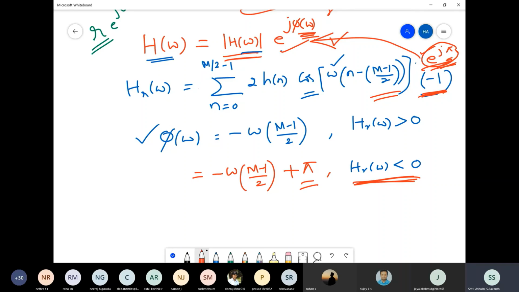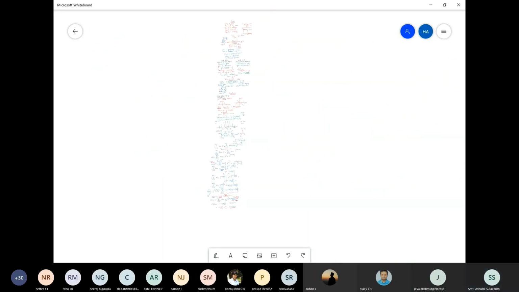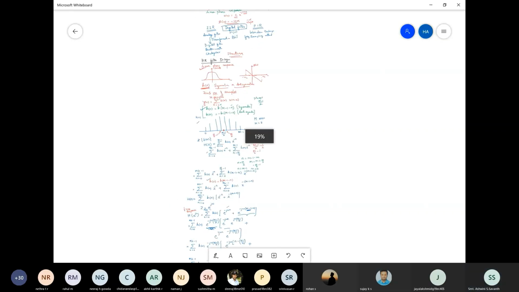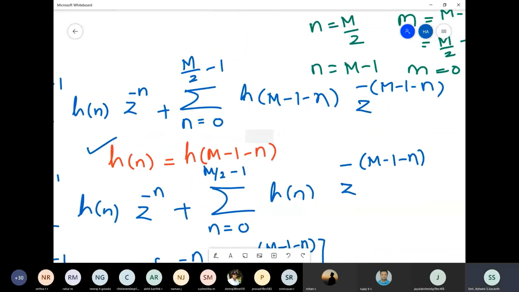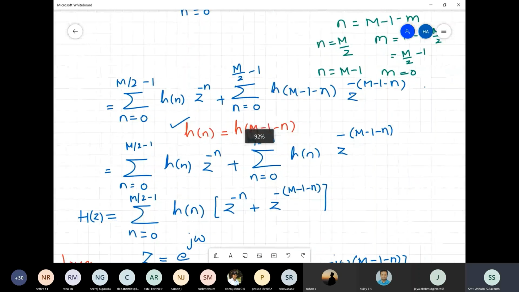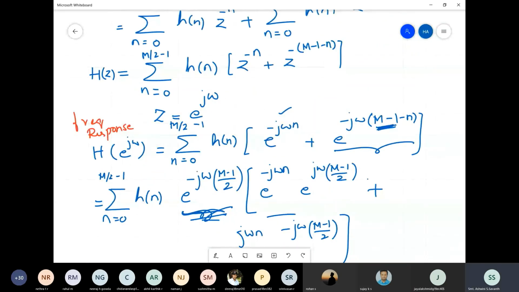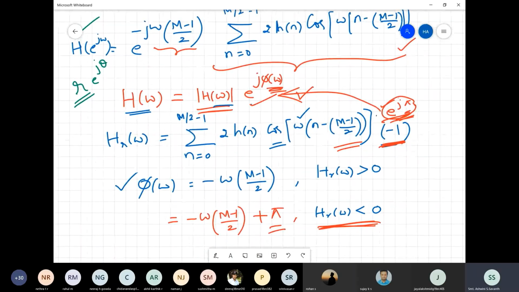Okay. So that is the expression for the frequency response of an FIR filter when M is even. We have derived this for M being even, right? So whenever you're designing your filter,